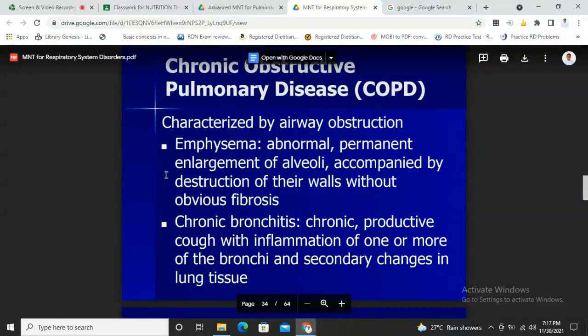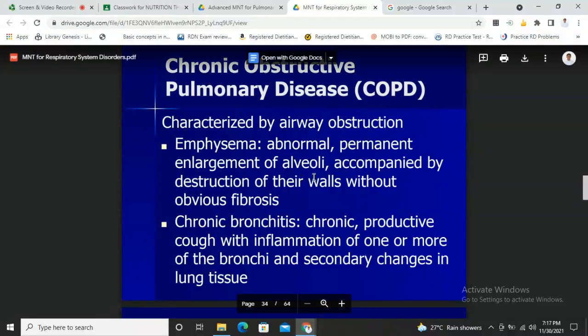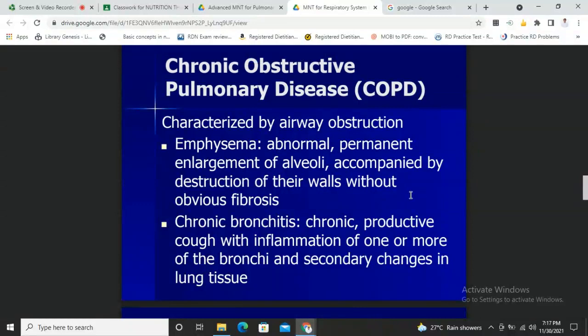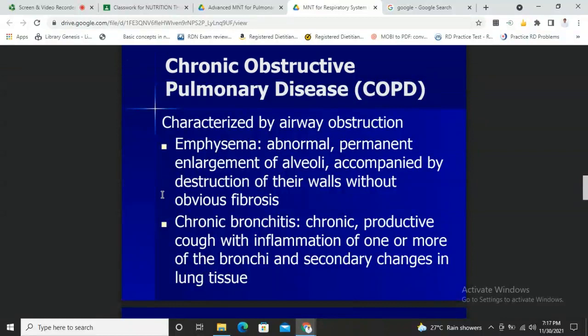Okay, so how do you define these disorders? Emphysema, this is an abnormal permanent enlargement of alveoli accompanied by destruction of their walls without obvious fibrosis. Okay, while chronic bronchitis is chronic productive cough with inflammation of one or more of the bronchi and secondary changes in lung tissues. Okay,